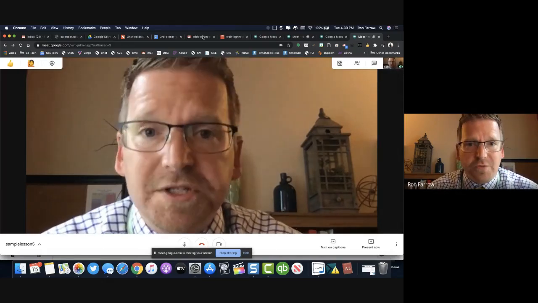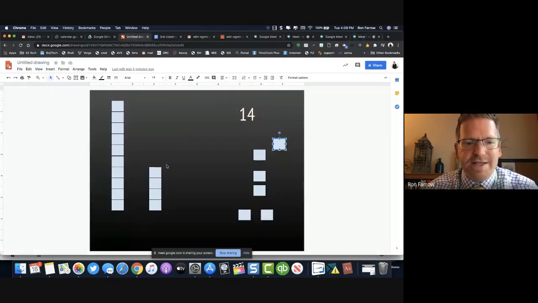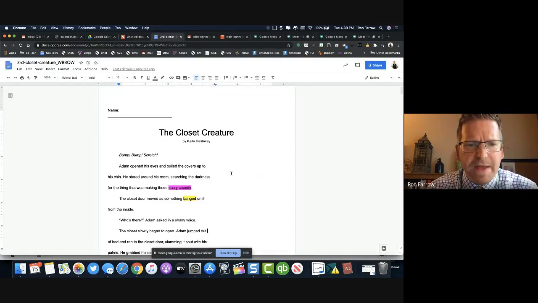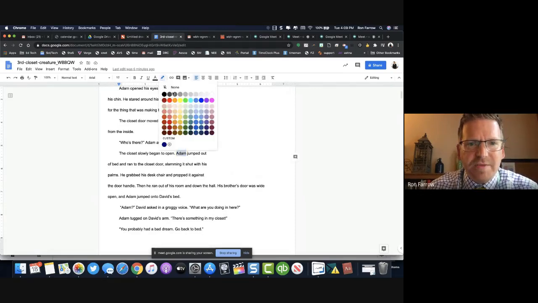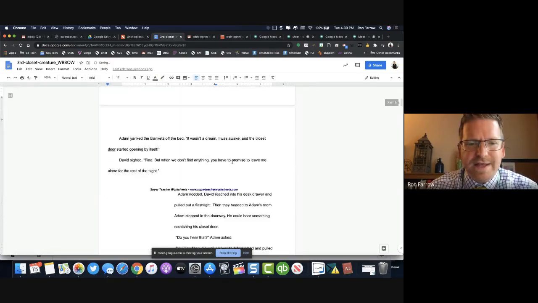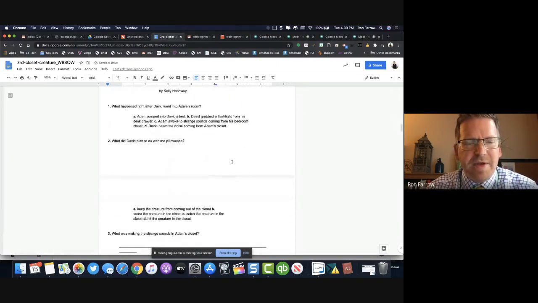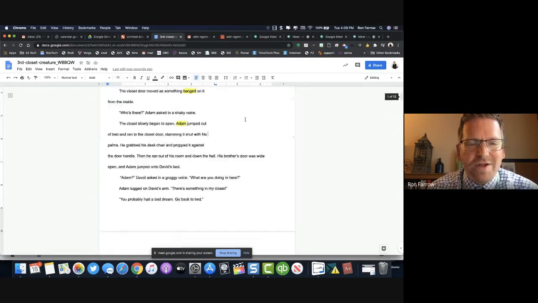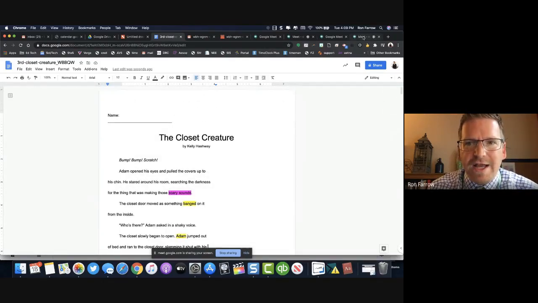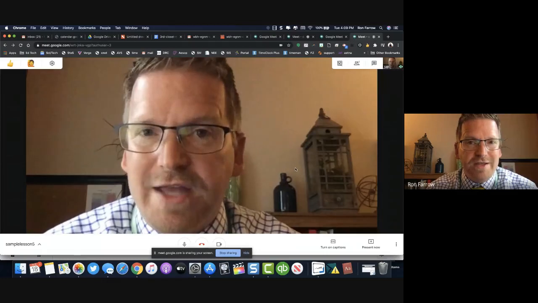So what are some uses for this? Well, I can come over here and I can teach a math lesson about using manipulatives to make the number 14. So I can move some manipulatives around. Maybe I want to walk them through a reading passage and have them highlight some text. So I can talk them through why I'm highlighting that text, talk them through some questions at the end. Maybe I want to walk them through iStation and show them how to log on to something. Whatever I want to show them on the computer screen, I can use Google Meet to do that and record